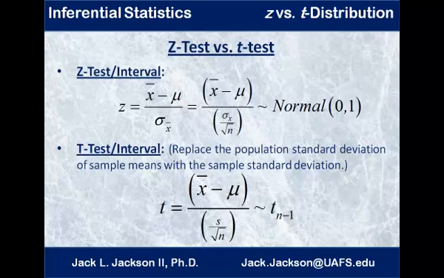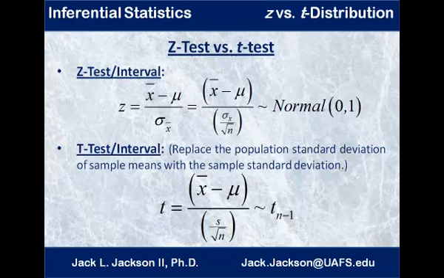S is the sample standard deviation of our sample, the s with the formula n minus 1 in the denominator. So use your calculator or Excel or some statistical software to compute that sample standard deviation, and of course your sample x bar, and we can test this against a hypothesized mu in a t-test by finding this statistic. This statistic, x bar minus mu over s divided by square root of n, we're going to call